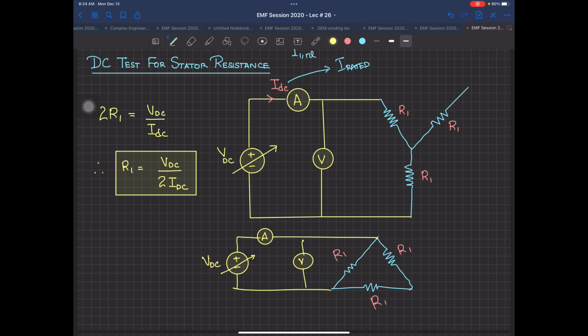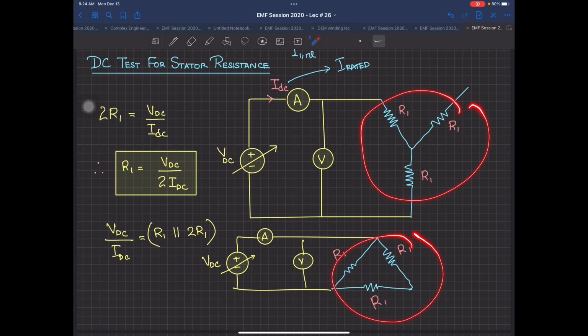If your machine is internally connected in delta, then you can't change it into Y. This is very important. So in this case, you have a delta connected winding, and your VDC divided by your IDC will be equal to the total resistance. If you can see, this is the R1 path over here, and then there are 2 paths over there. Let me write it down. So this will be R1 parallel to R1 over here. You have to evaluate this whenever you are having it. One very important thing: please find out, whenever the question is given in front of you, whether it is connected in Y or in delta.